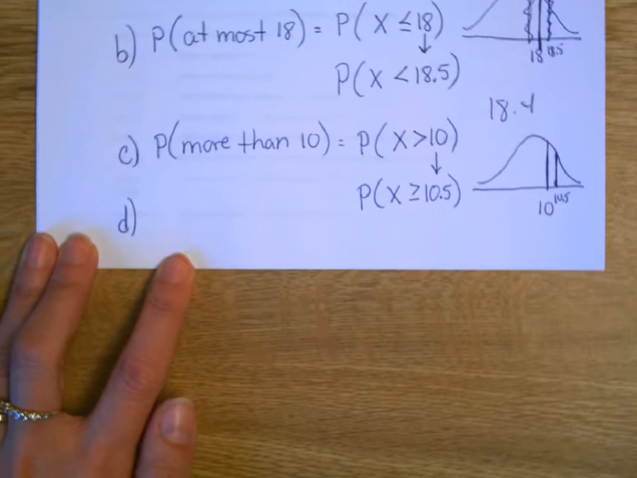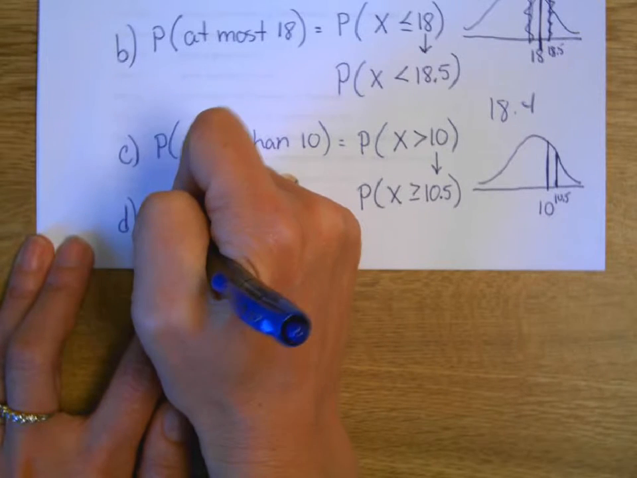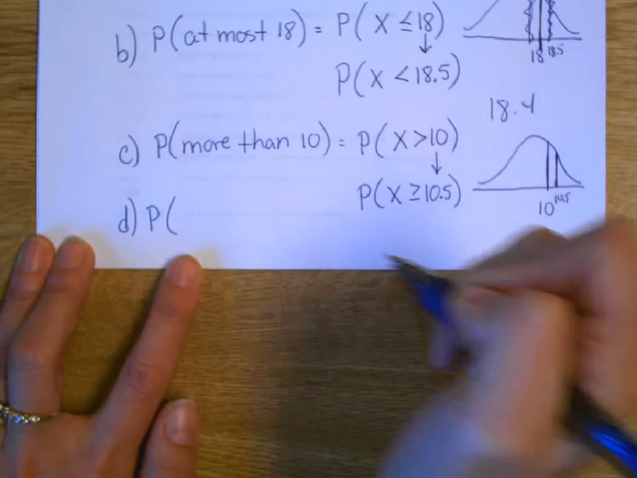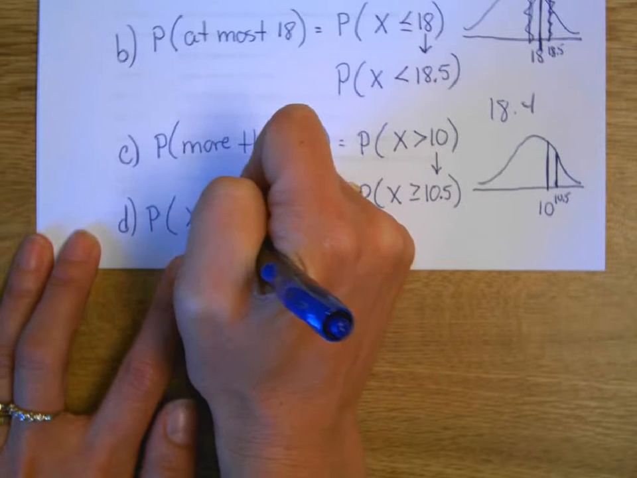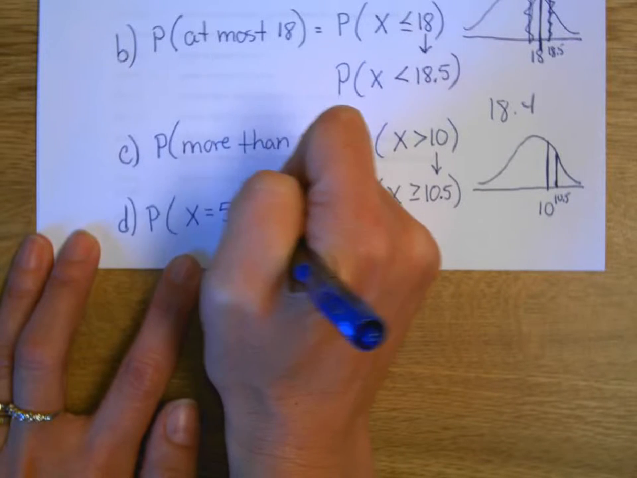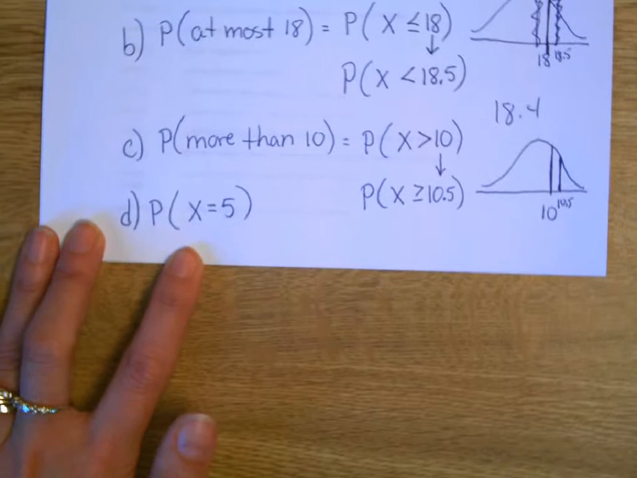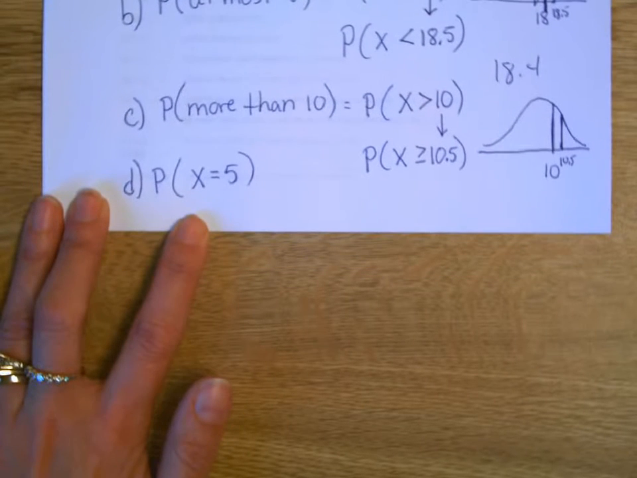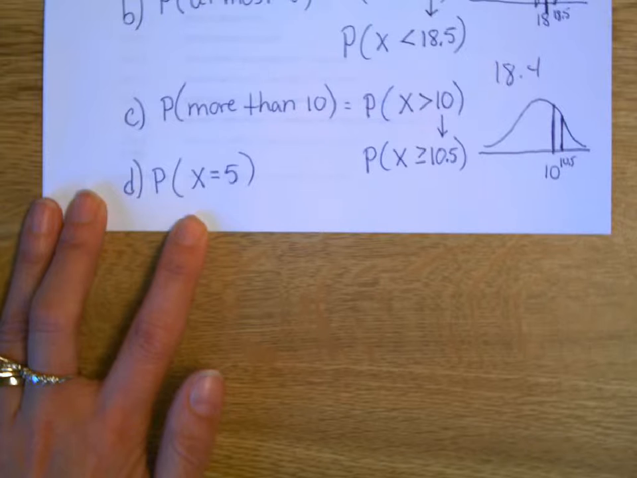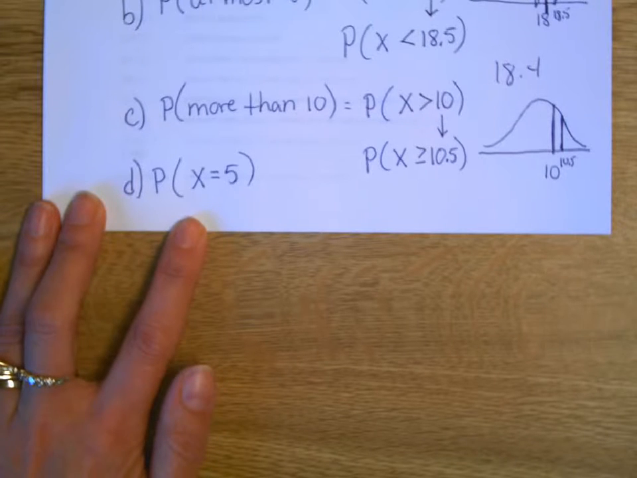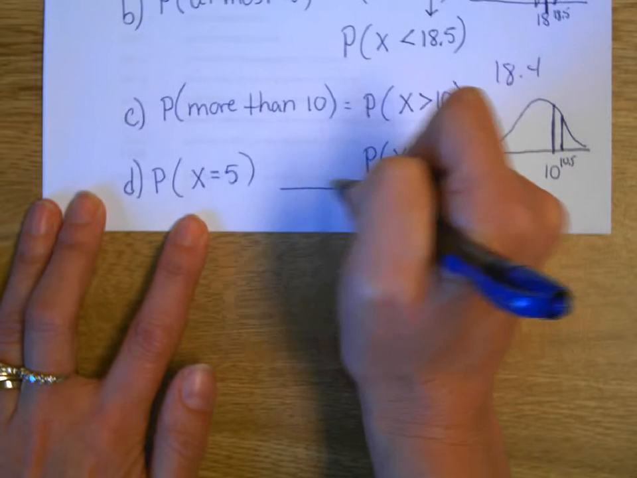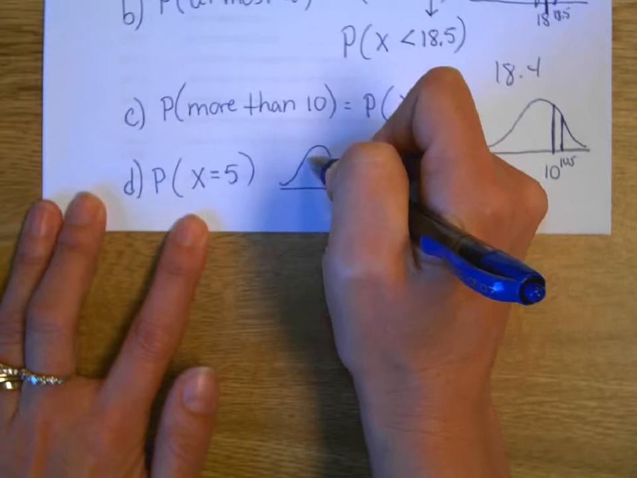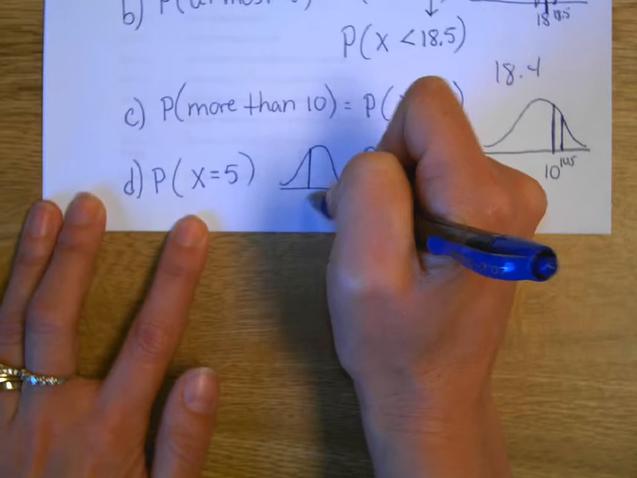Okay, one more. What's the probability of getting exactly 5 successes? Exactly 5. X equals 5. This is the tricky one. Not really tricky, but if this is the number 5,